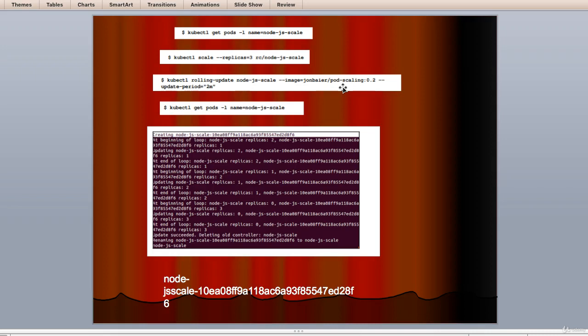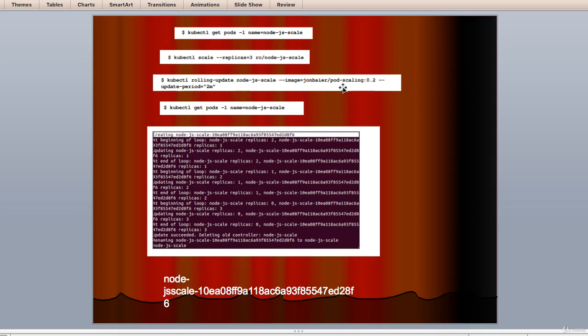In addition, you will see the beginning of a loop that is starting one replica of the new version and removing one from the existing RC. This process will continue until the new RC has the full count of replicas running.